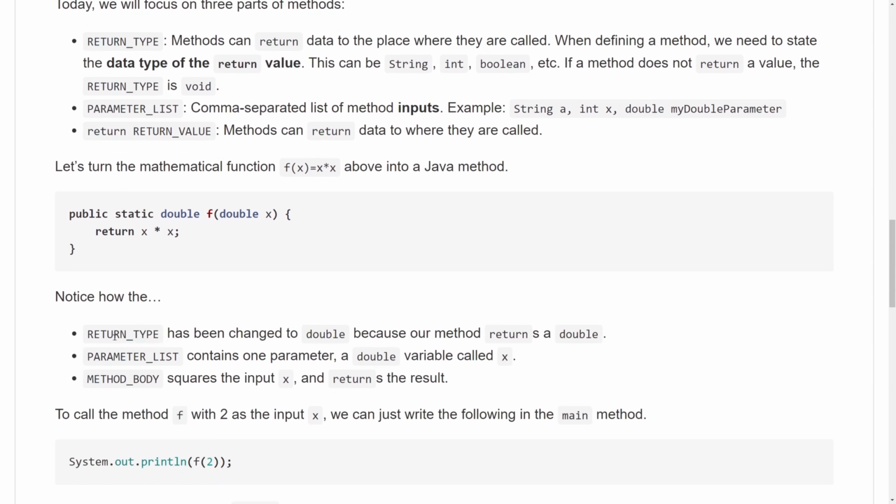Notice how we changed the return type to double because our method returns a double. The parameter list now contains one parameter, a double variable called x. Our method body will square the input x and then return the result. So when we want to call our method f with an input like 2, we can just write f parentheses